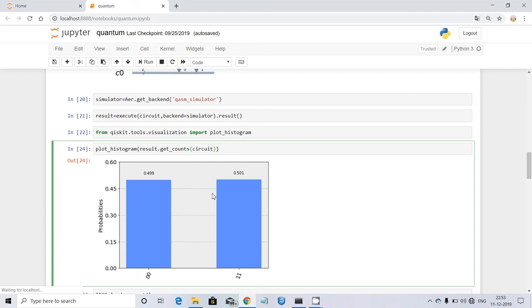By doing this, we get the result in a histogram format, which is nothing but the graphical representation. Here the result is that there is half a chance of being 0 0 and half a chance of being 1 1. That is, the two qubits have half a chance of being 0 0 and 1 1, which is nothing but the qubits being entangled. The above circuit representation is an